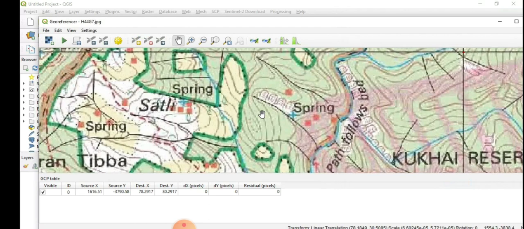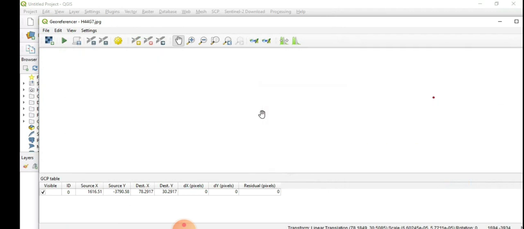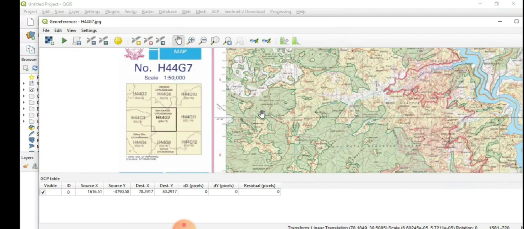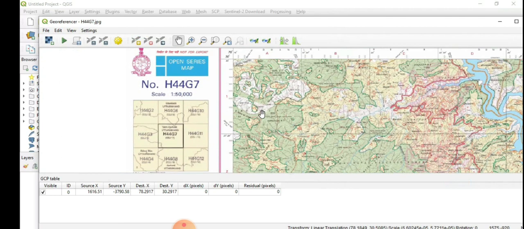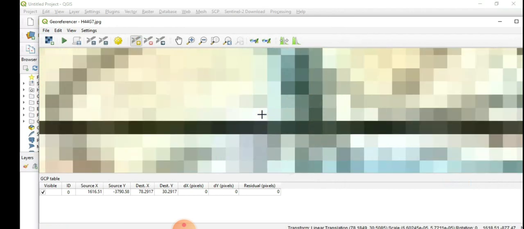So you have the first point and it automatically appears in the GCP table, ground control point. Now I will again zoom out, again zoom in. For the second point I will select this intersection. You also select the same intersection and zoom in nicely, then select add point and click on this pixel.